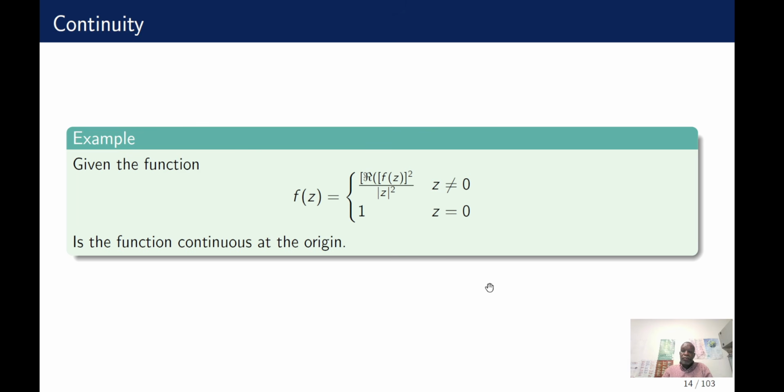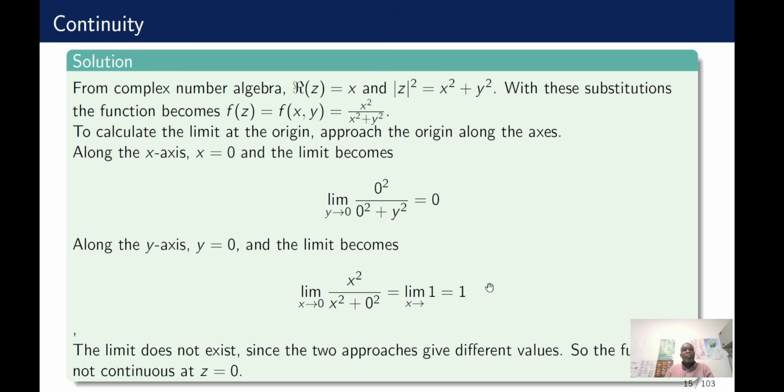So we know that the real part of the complex number z is x. And we know that the modulus of z squared is x squared plus y squared. So we substitute this into the function. It's the real part squared in the numerator divided by the modulus of z squared. So the function becomes this. To calculate the limit at the origin,